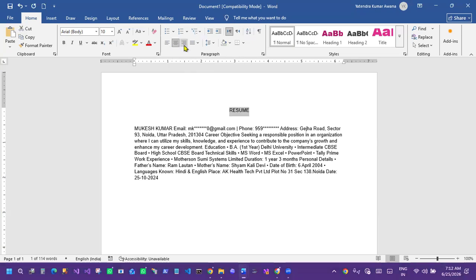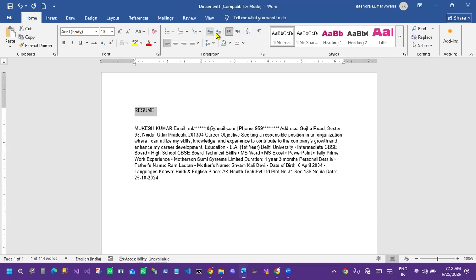And if you don't need to put it in center, but you want to shift slowly from left to right or right to left, then which option will you use? Then you will use indent. These are the indent options: increase indent and decrease indent. They move your text or your paragraph from right to left. So how will I do that?